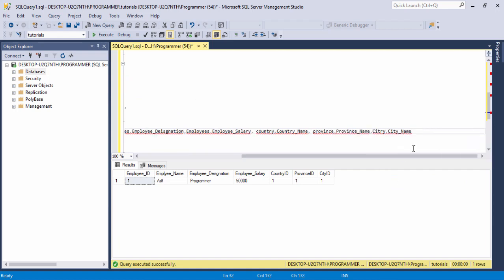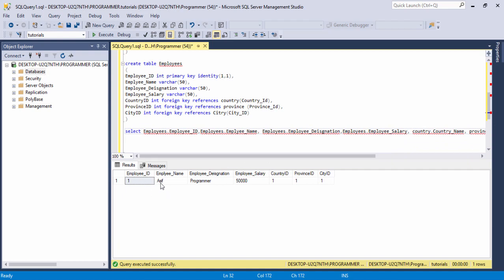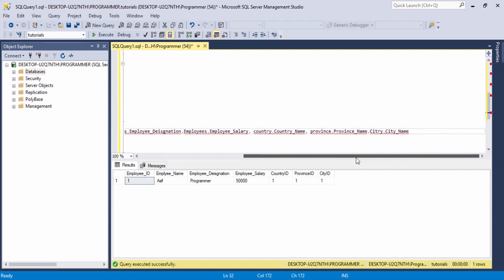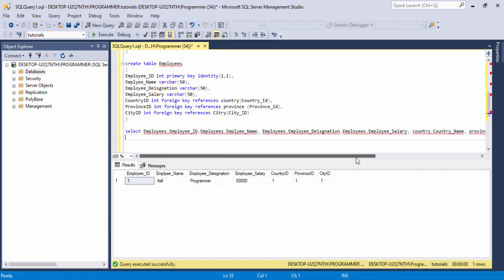I want to display those columns in this table, right? So I select the whole columns which available in the employees table, then I use basically